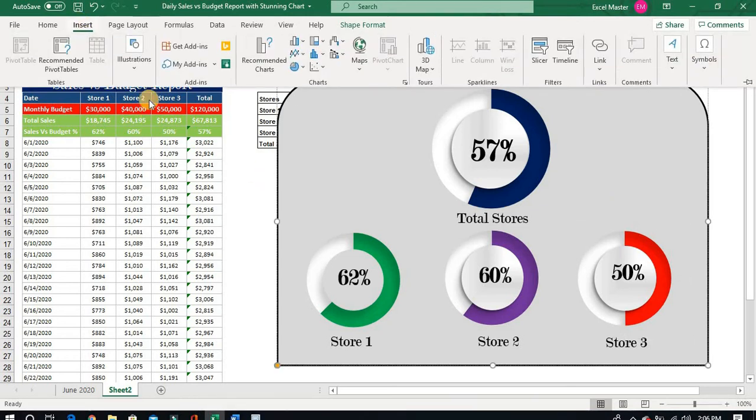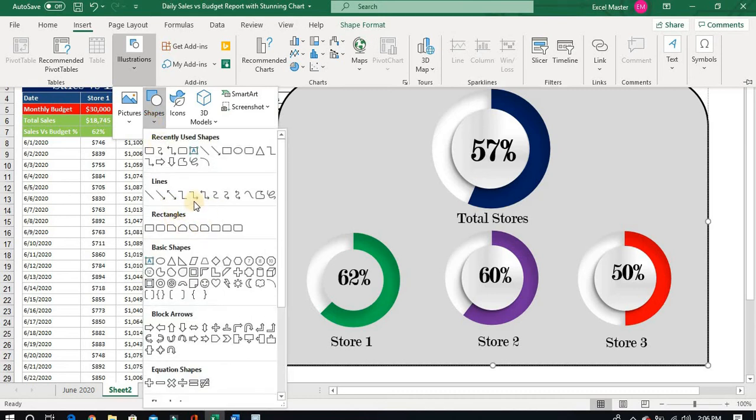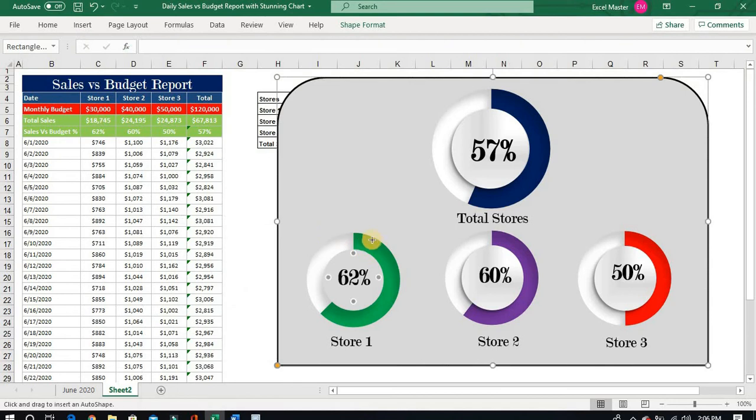Now we will insert a connector from the shape, an elbow arrow. We will connect to indicate this chart and this chart is connected. When we make the connector, we can see this yellow color button too. We can shape it in any ways. So we have connected.